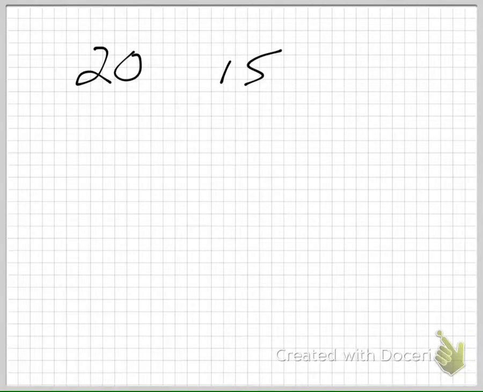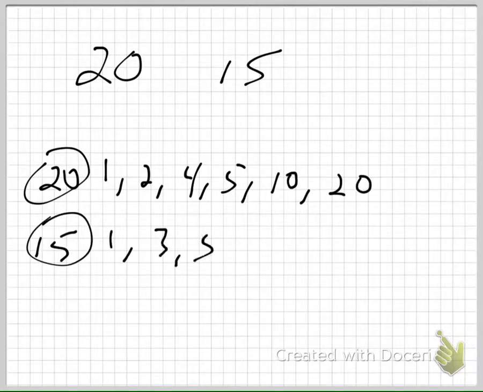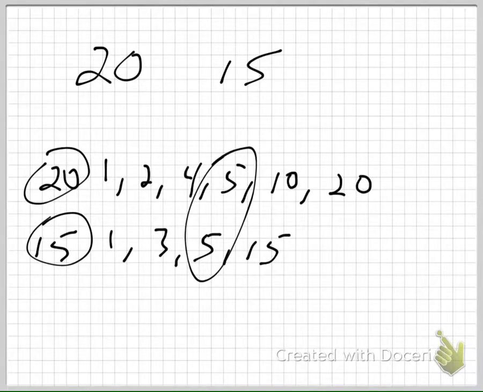What are the factors of 20? 1, 2, 4, 5, 10, and 20. What are the factors of 15? 1, 3, 5, and 15. What number is the greatest common factor, greatest same factor? They're right there. It's 5. Agreed? You see what I'm talking about? You've done this since like 3rd, 4th grade. I mean, you know how to do greatest common factor. Anyway,